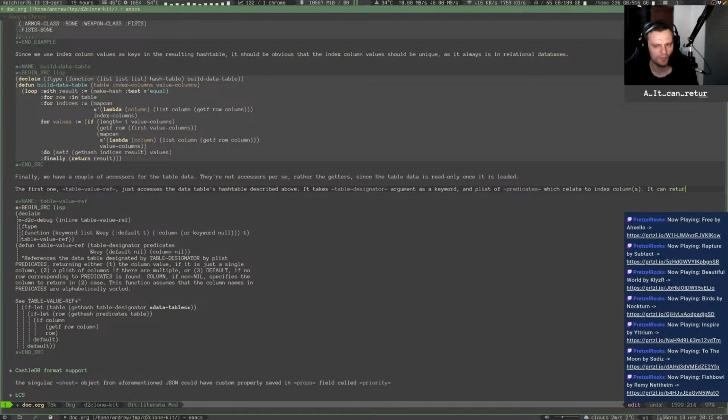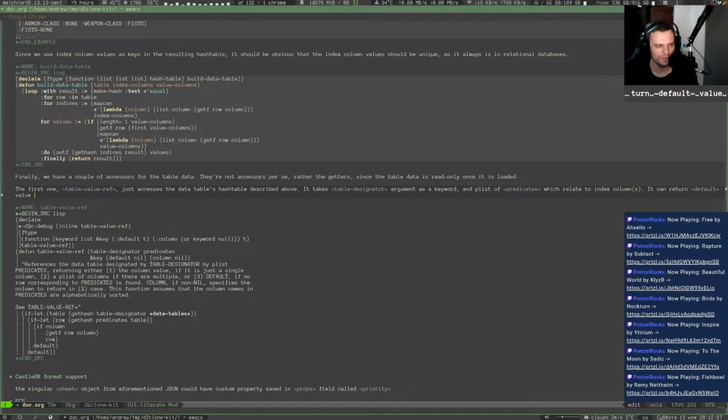It can return a specified default value instead of null, and it can return only a single column instead of plist when supplied with